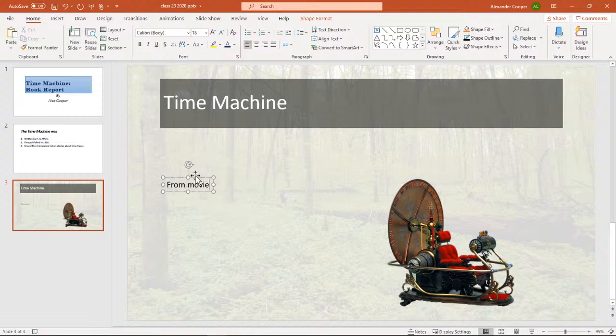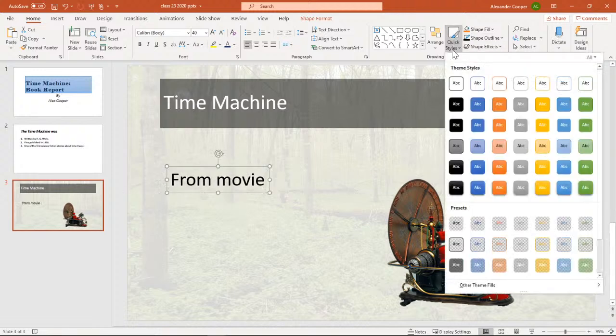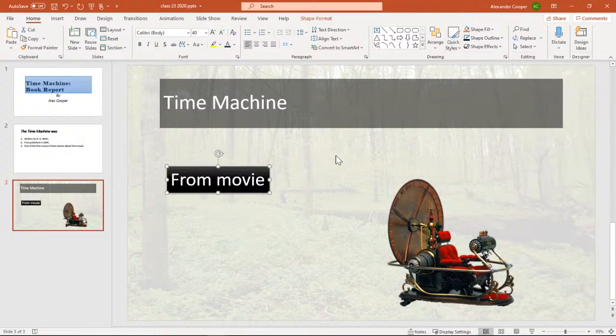So here's my text box. I can put it anywhere I want. I can change the size of the text if I want to. And I can give it a quick style as well. And there, I basically created my own theme. Okay, now, like I said, you can make the theme anything that you want in the background. Now let's go ahead and deal with the themes that come with PowerPoint, and then we'll talk about templates later.